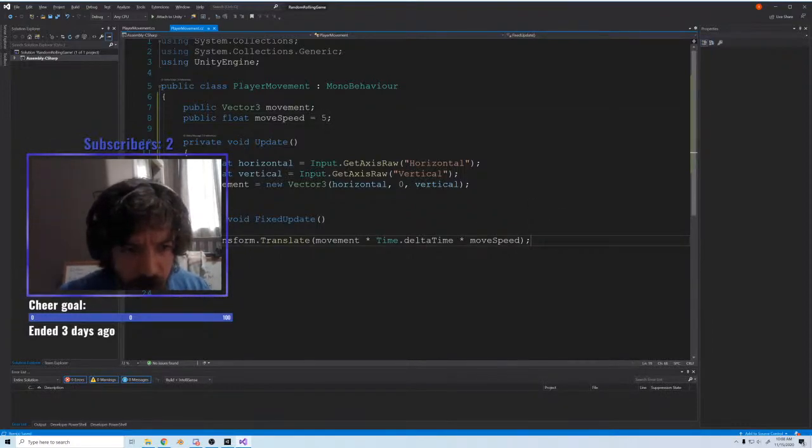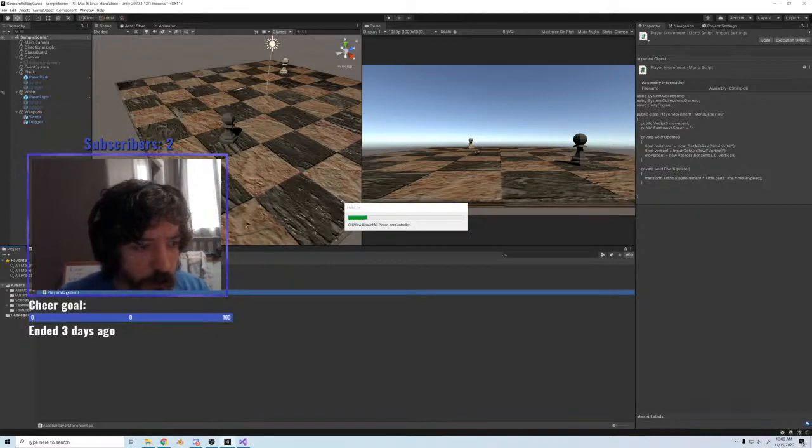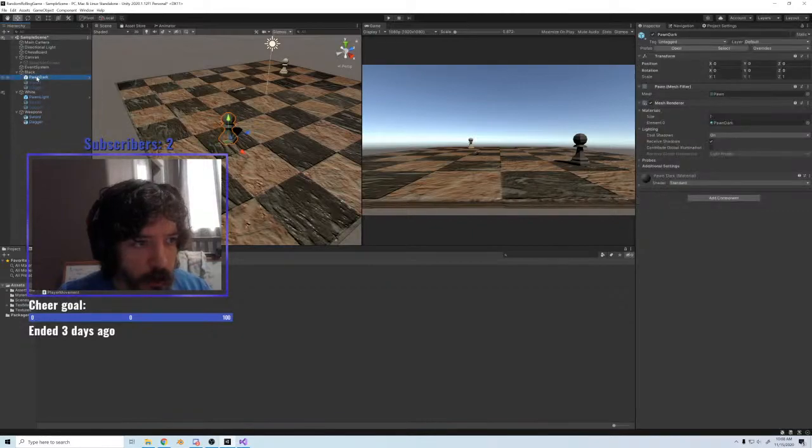Alright. So we got that going. Let's just do that first. Let's see. I'll move the camera after that. Alright, we'll be black for now. And actually I realized